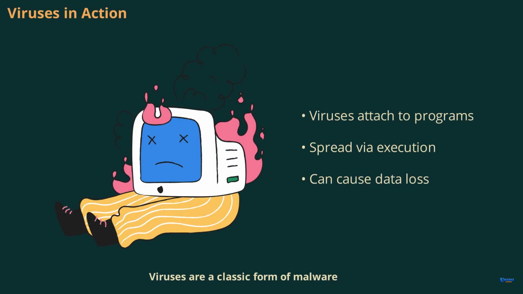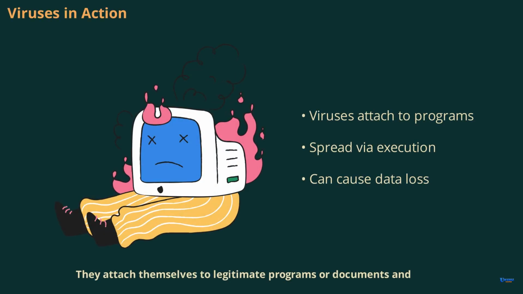Viruses are a classic form of malware. They attach themselves to legitimate programs or documents and spread to other computers when those files are executed. Viruses can modify or delete data and often slow down system performance. A famous real-world example is the Stuxnet virus, discovered in 2010, which targeted industrial control systems and caused physical damage